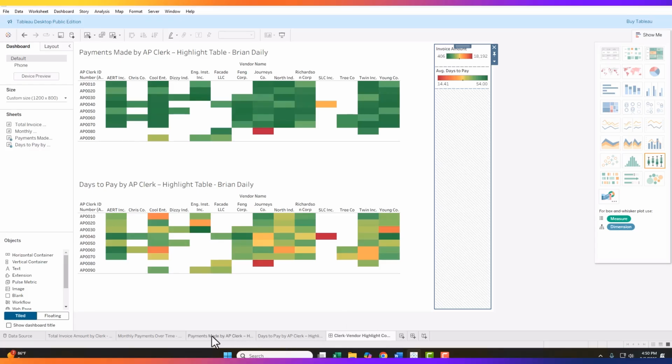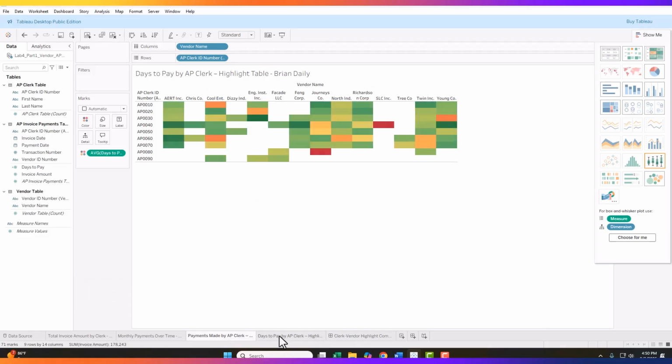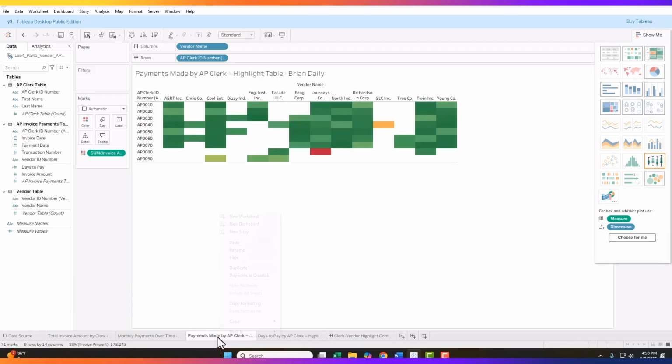To do that, actually I'm just going to pull up the two highlight tables. I'll start with the payments made by AP clerk highlight table. I'm going to right click on that one and I'm going to select duplicate. So now I've got the duplicate. See the number 2 up top there. I'm going to start off by renaming it. So I think I'll call it payments by clerk box plot. Here we go. And now I really don't need to change anything for the rows or columns or colors, but